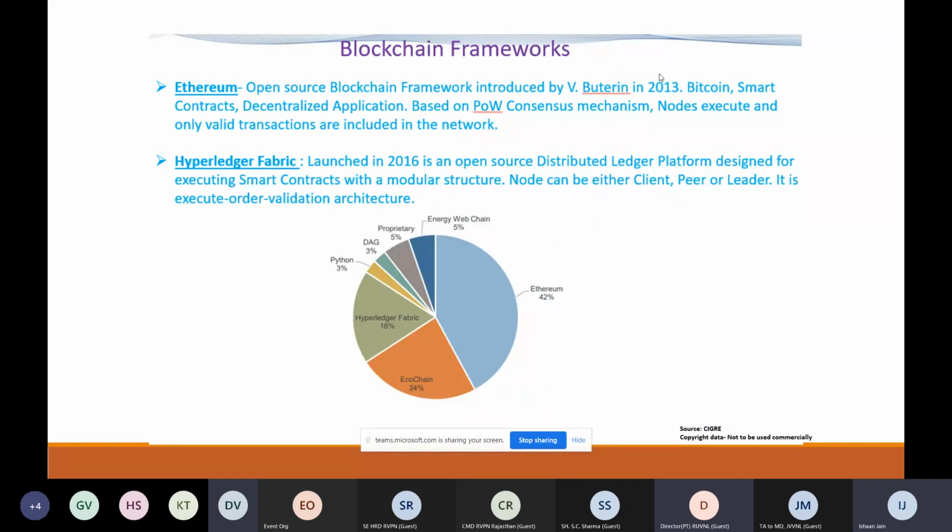So you need not get confused that this Ethereum is that particular currency. This is a platform, and it basically works on the proof of work consensus mechanism. All the nodes, you will be having some doubt about what the nodes are. Basically, nodes can be a consumer, a load dispatcher, an organization, a generator, a virtual power plant also, meaning